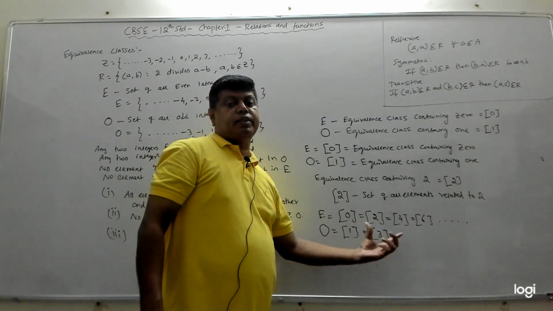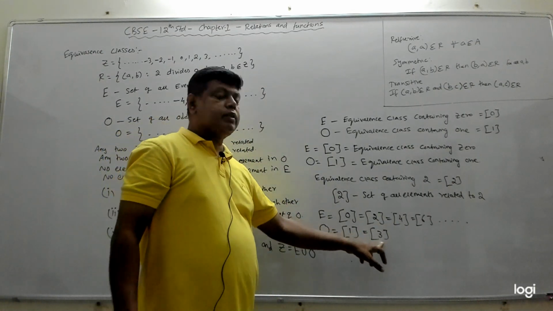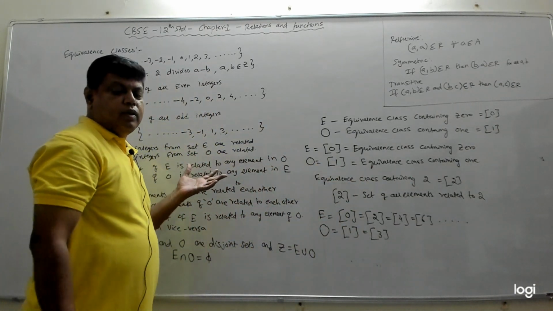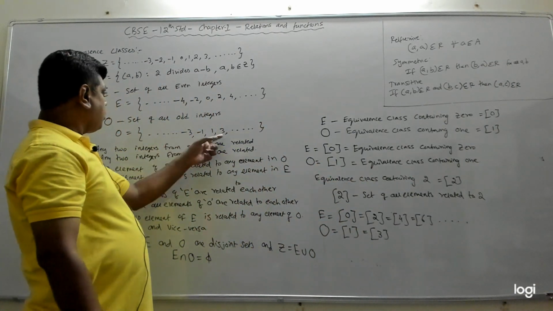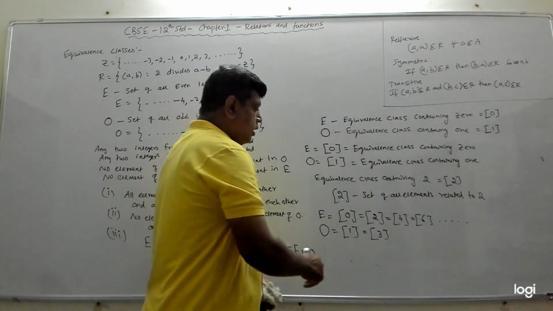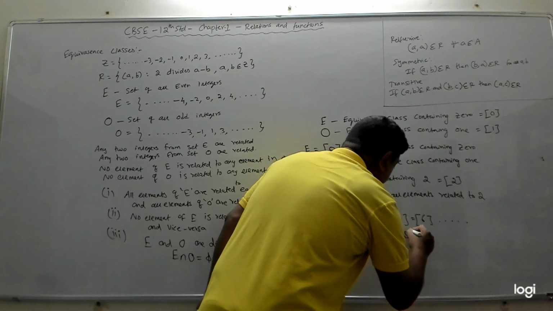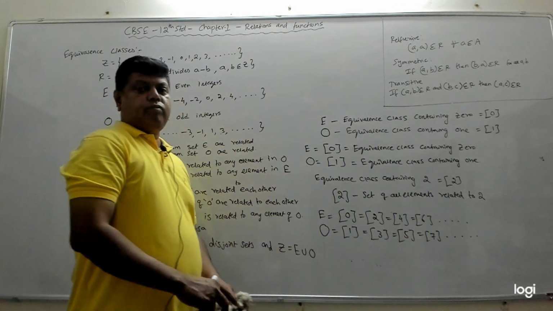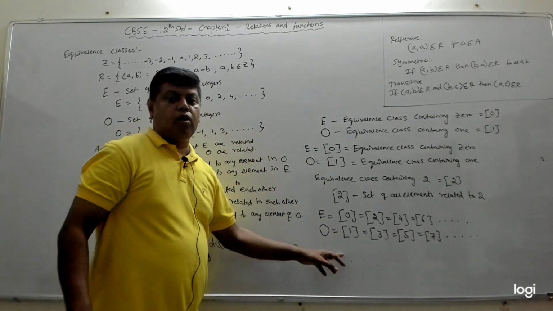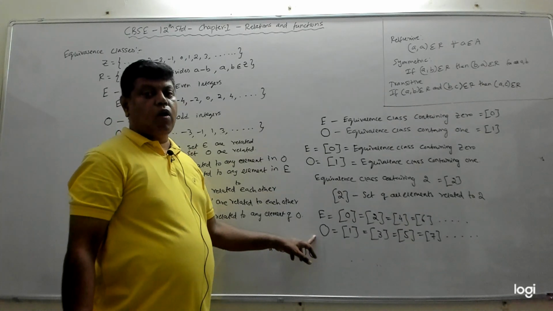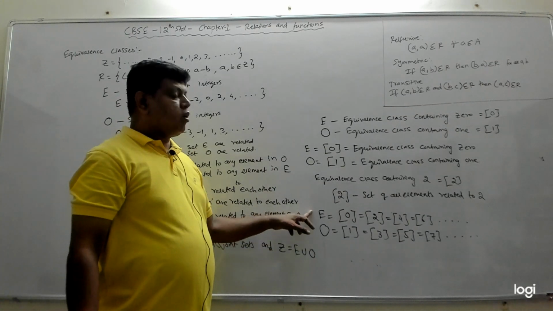So this is nothing but a set. The set of all elements related to 3 is what? The set of all odd integers, which is O. That is why O is equal to box 1, equal to box 3, equal to box 5, equal to box 7, and so on. So all these sets are the same, and they are the set of all odd integers. This is the set of all even integers.